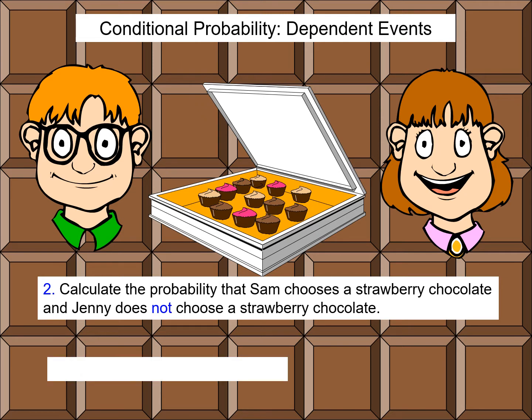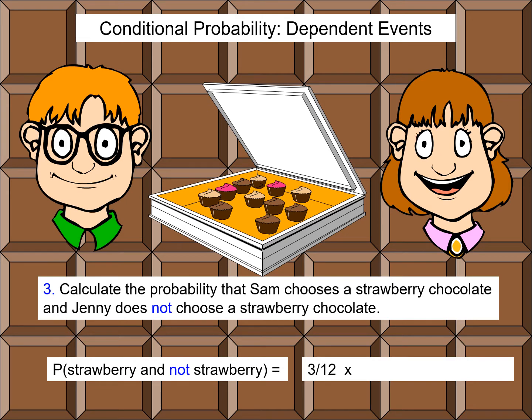So, Sam wants to get a strawberry and Jenny a not strawberry, so anything other than a strawberry. Let's have a look at these probabilities. First of all, the probability of a strawberry chocolate for Sam is 3 out of 12. And then once he has taken this strawberry chocolate,